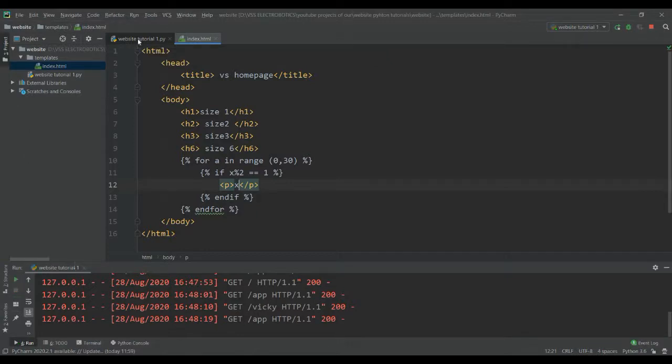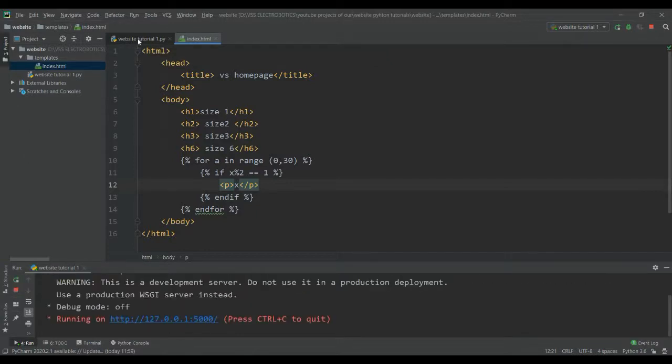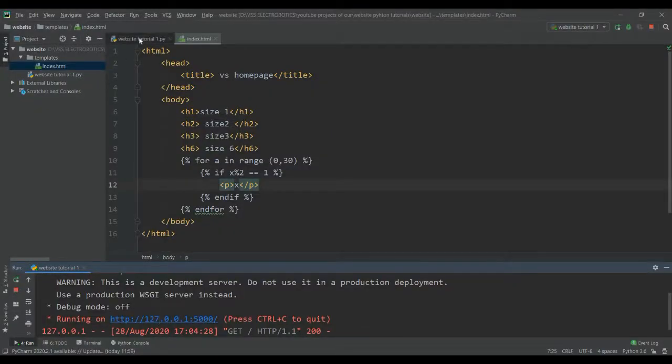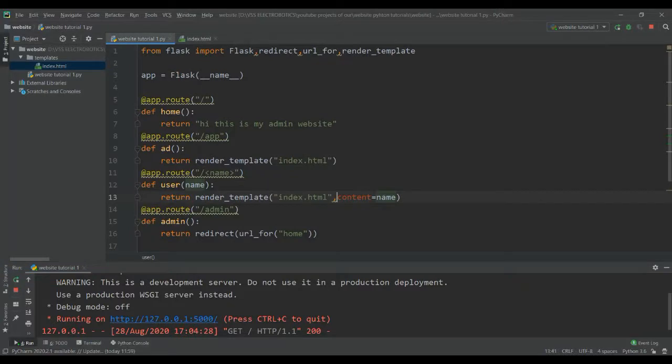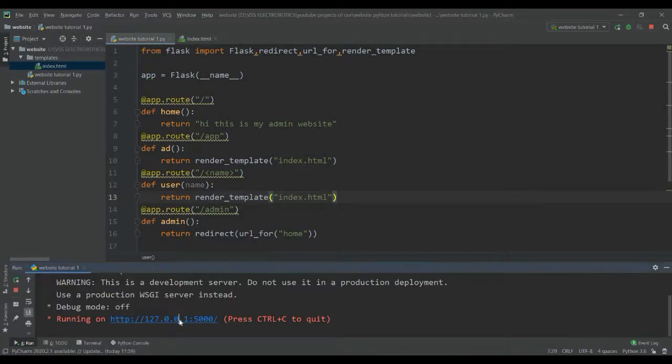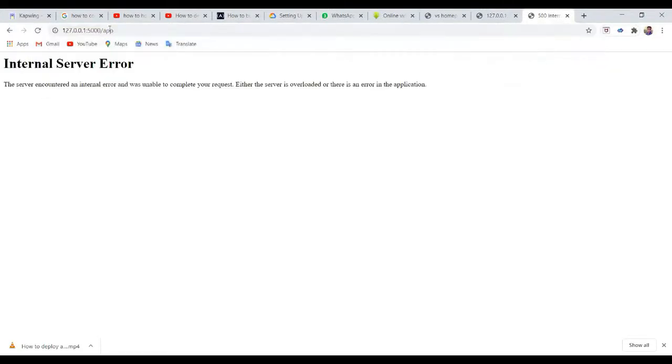Okay, just let's go there. So this is my website, and this will be present. Oh, I made a mistake, sorry, because we took the content, so we need to remove the content name also. Now run that. I'm extremely sorry for that. So this is my website app.